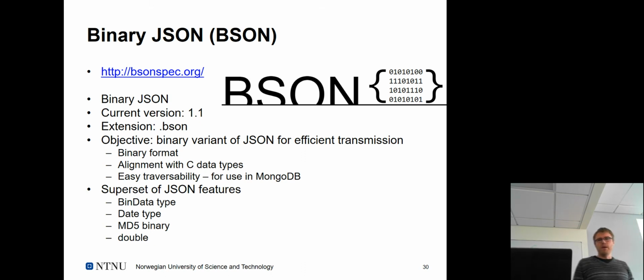It has explicit data types as well, for example a binary representation of MD5, like a hash function, and so on, and a representation of doubles, which is not part of the JSON standard itself. Because then it's easier to compress if you have known formats basically. Strongly aligned with C data types. So basically that's the idea.